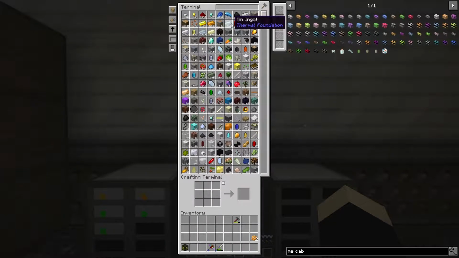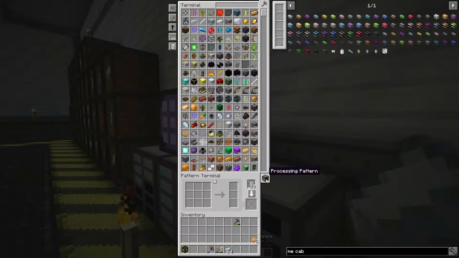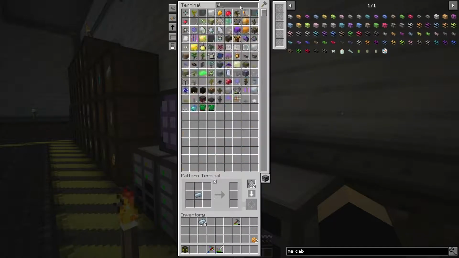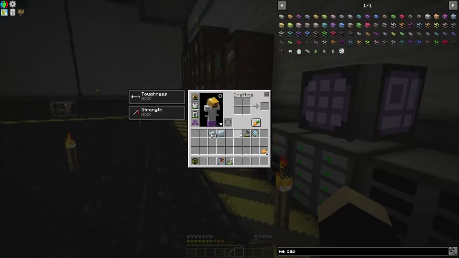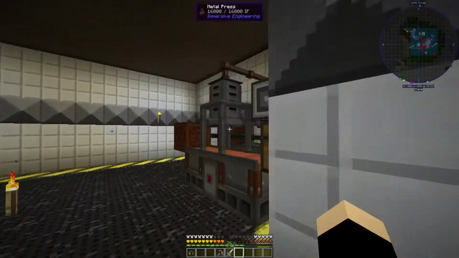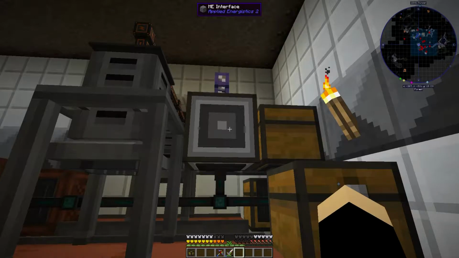And we need 10. So we're going to teach this. We're going to go processing. I think you got to do 1 plate. Like that. Okay. So that'll get us the 1 plate. Okay. Now which one was it? This is the plate. Okay. So